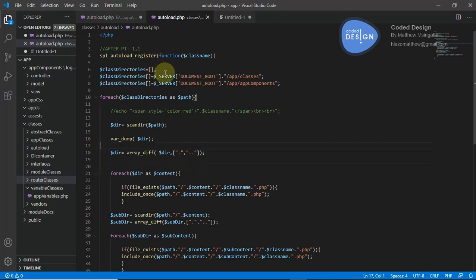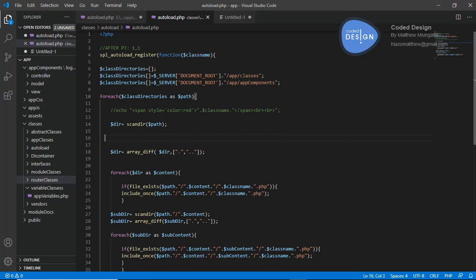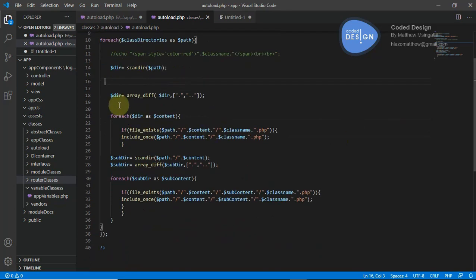So basically we are assigning two paths that we're gonna work on, then we are looping through this array. That means being interested in path 1 for now, and then we're gonna loop again being interested in path 2. So we scan the directory path 1, which is this one, the class directory, and then after that we get all the files and folders, and then we just eliminate the first and the second two dots there as part of an array. And then after that we are saying for each